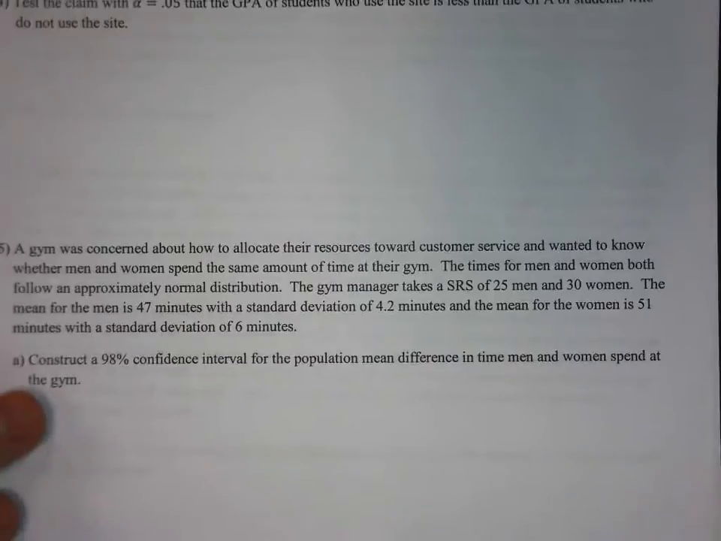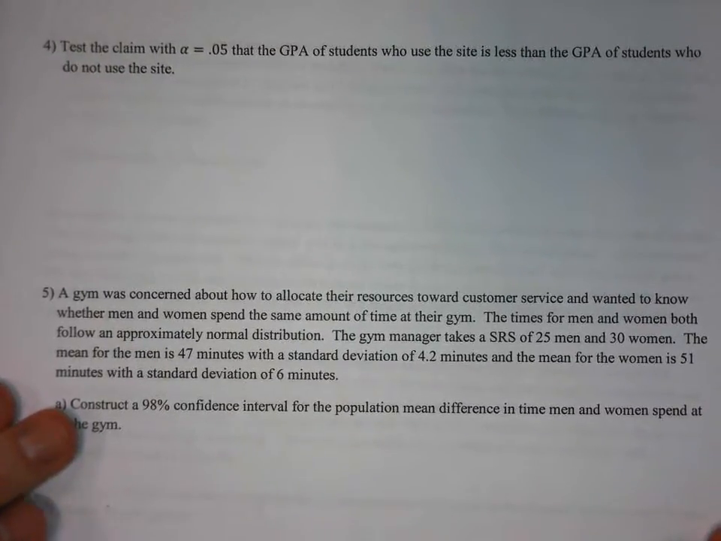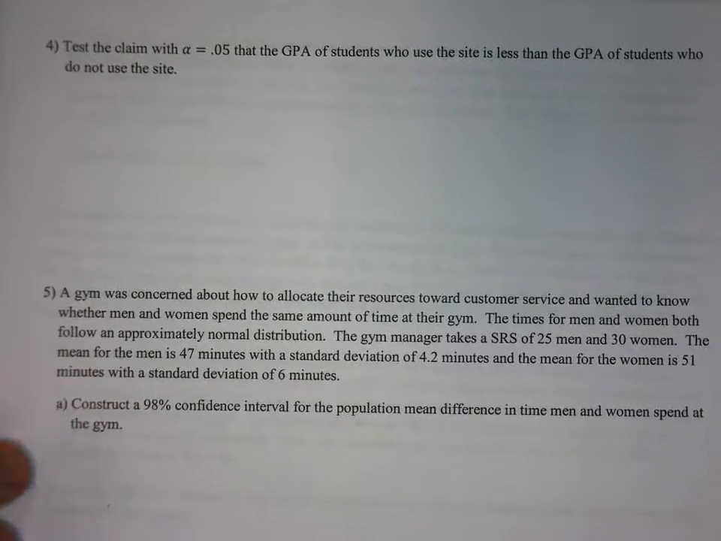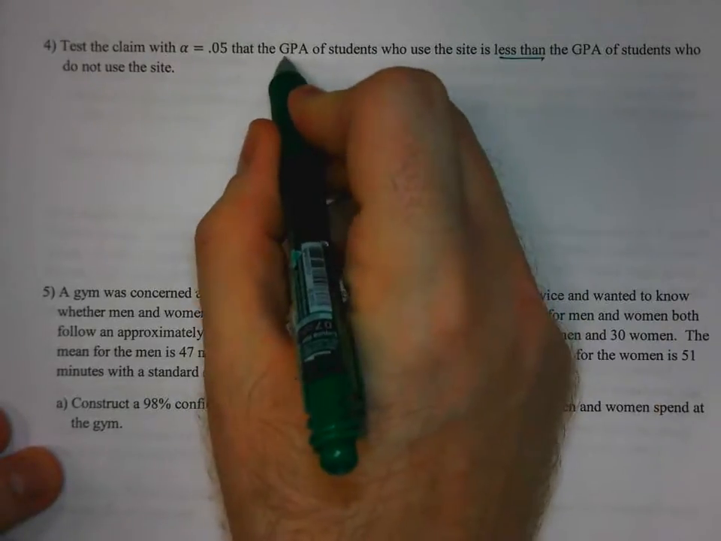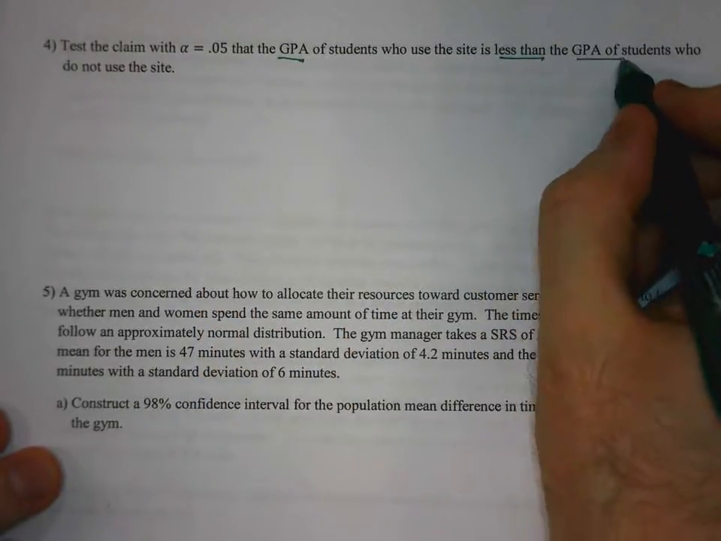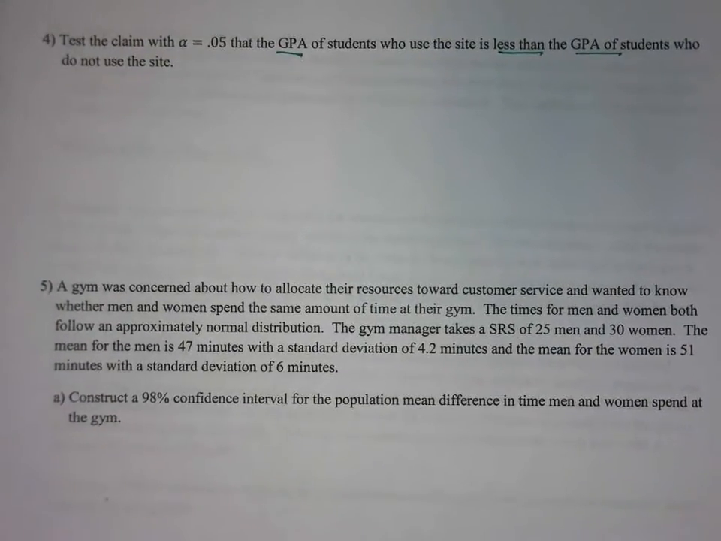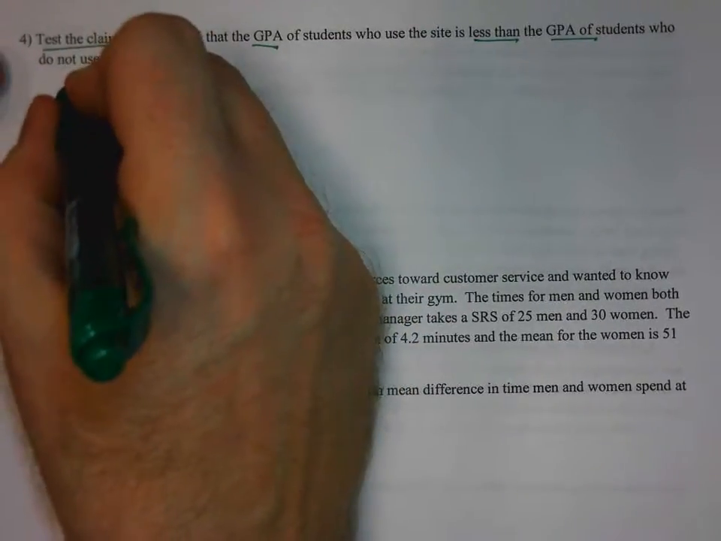Okay, move along to the next example. Now we're going to look at a hypothesis test. In that same example, we're going to test the claim, with alpha equals 0.05, that the GPA of students who use the site is less than the GPA of students who do not use the site. So now we're trying to make a comparison between the GPAs. Testing a claim needs to tip you off that it's a hypothesis test,